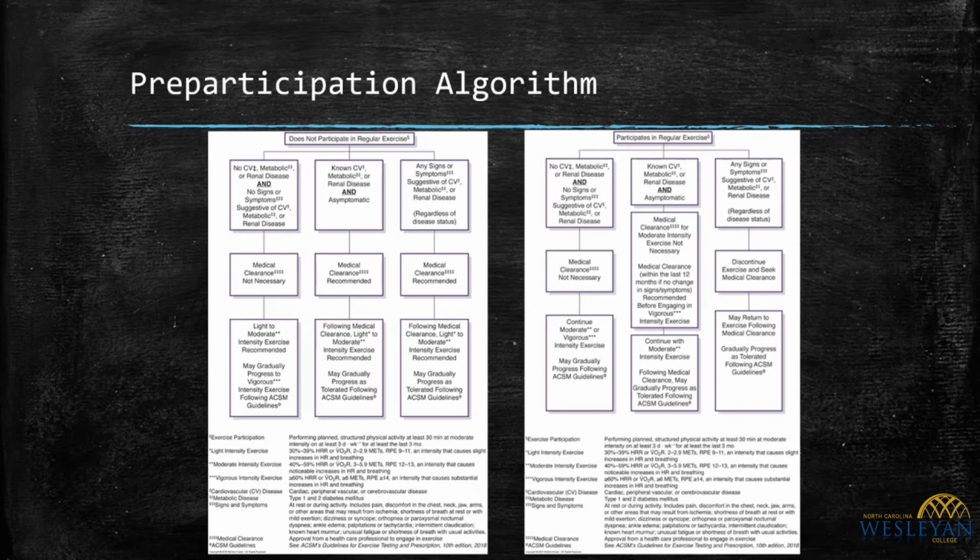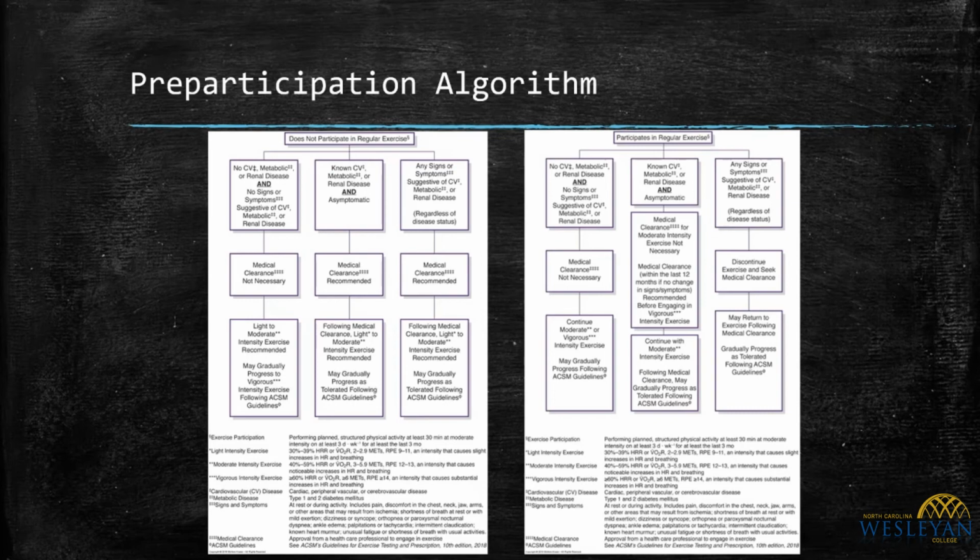If an individual is deemed someone who participates in regular exercise with no prior cardiovascular, metabolic, or renal disease, and no signs and symptoms, no medical clearance is necessary, moderate to vigorous intensity is recommended, and of course you can gradually progress following the guidelines. Now, if this person is